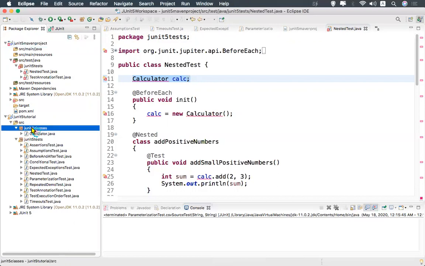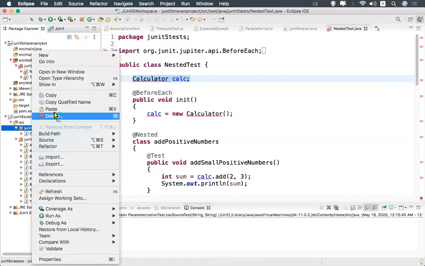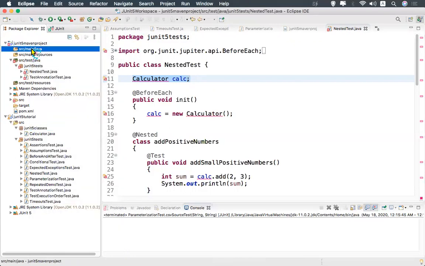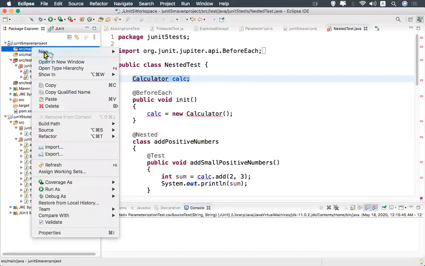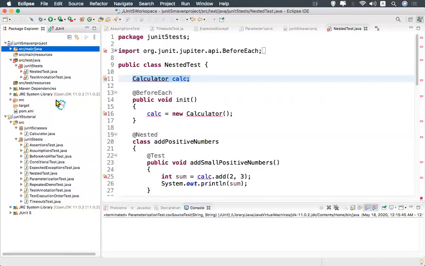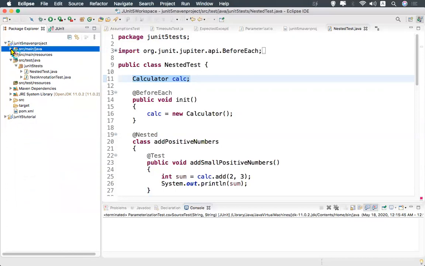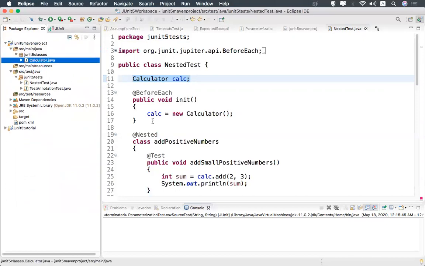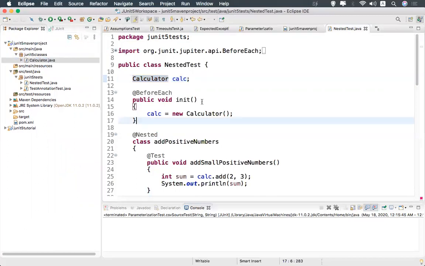I'll copy this package. We have the option copy in the source main Java. So paste. Now I have JUnit 5 classes, and there is no error.